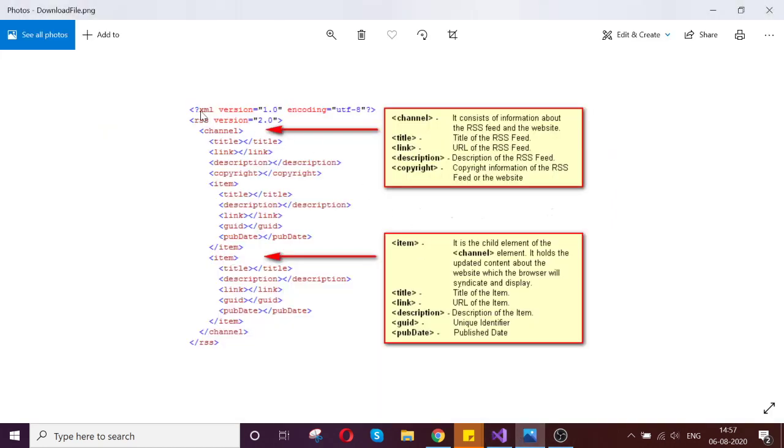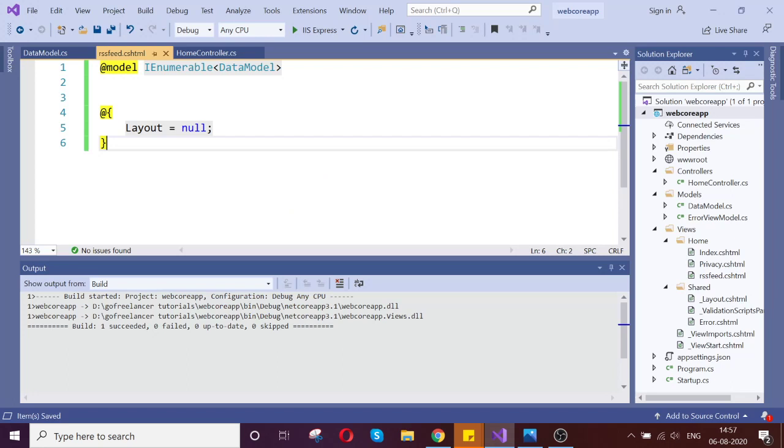Let's go to the image. So we need to write this code here now. Let's tell that this page is an XML version. Okay, cool.